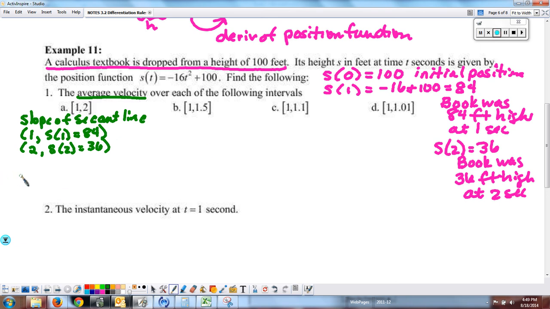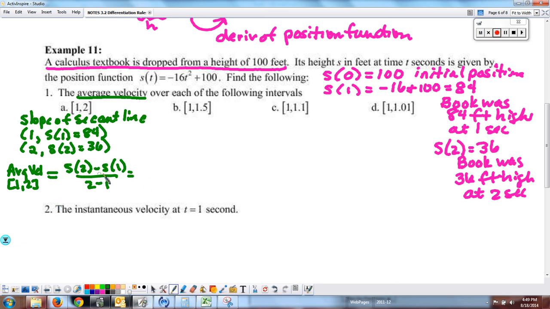Our difference quotient, and in AP Calculus, you must always show your difference quotient, how you're calculating. We're simply going to go our average velocity from 1 to 2, so these are our times, is going to equal our S of 2 minus S of 1 all over 2 minus 1, which we'll go ahead and put